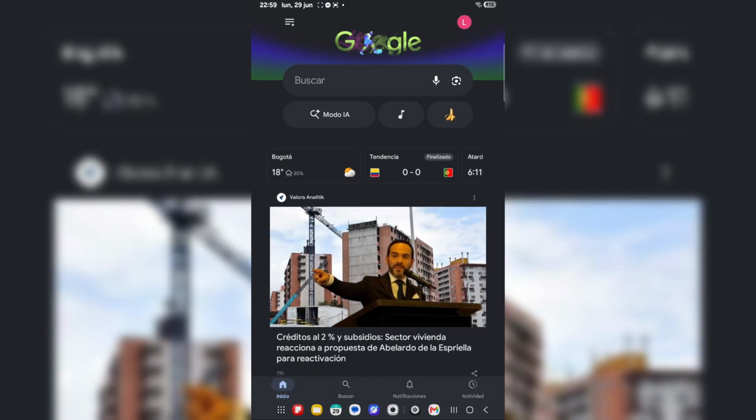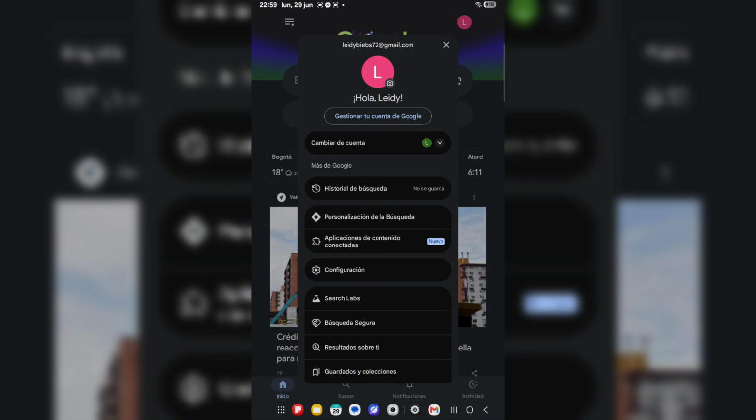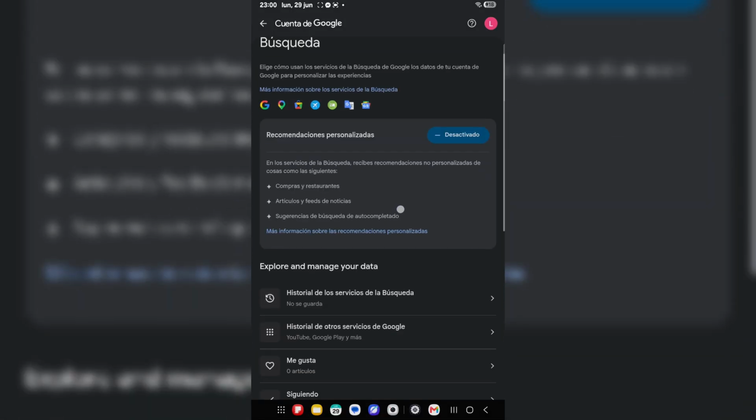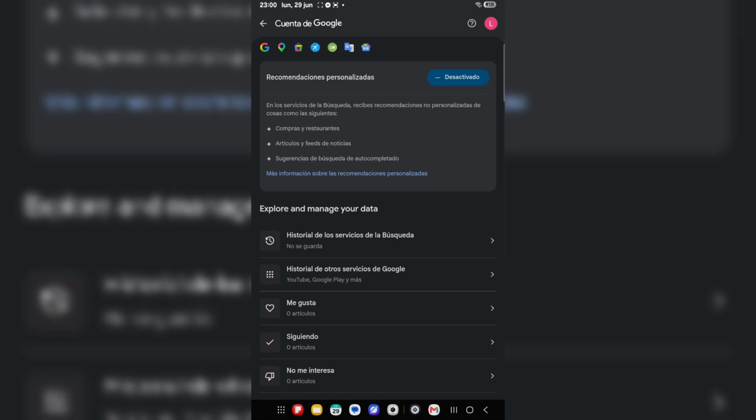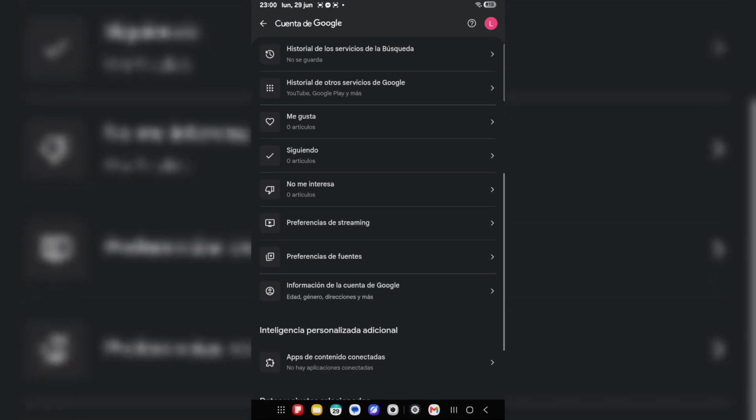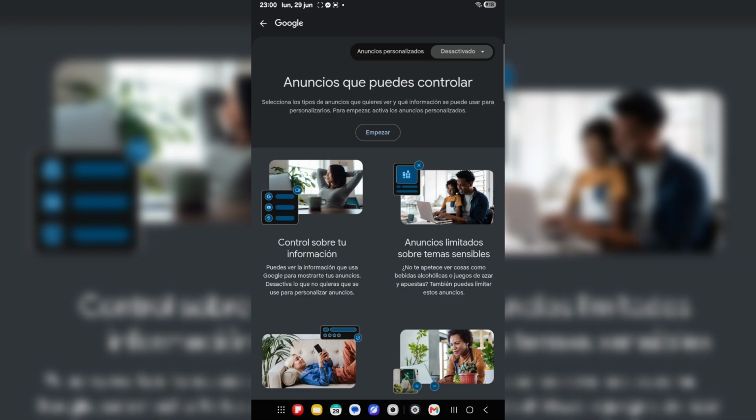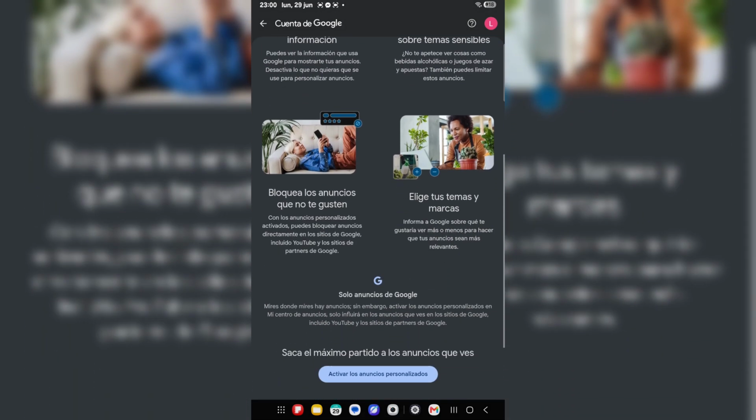Now, let's be honest, Google provides many useful services, and many of these tracking features exist to improve recommendations, navigation, and search results. But that doesn't mean you have to leave everything enabled. The good news is that Google gives you control over almost all of these settings. You simply need to know where to find them. Taking just a few minutes to review your privacy options can make a big difference in how much information is